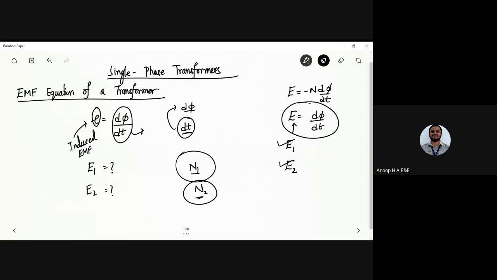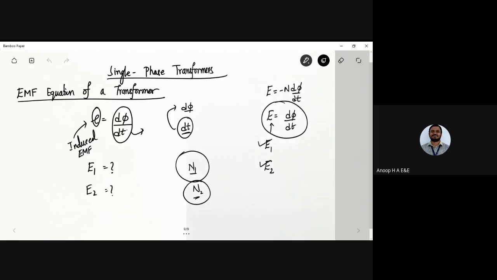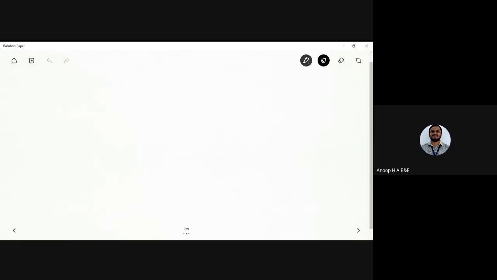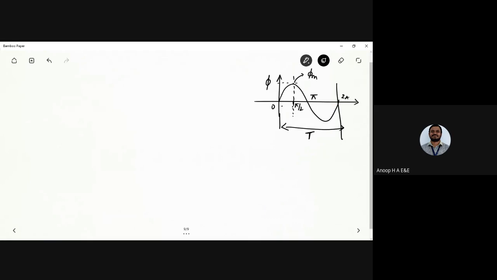I take the fundamentals again, as I told you earlier, and I'll start with the EMF equation. So how do I start it? I know that the flux distribution is sinusoidal in nature. So this is the sinusoidal flux distribution for one complete cycle, with 0, pi, and 2 pi. And this is the flux linkage. This is the maximum value of the flux which has been generated, so this is phi m. This is pi by 2. And the time, if I want to find it, would be from 0 to T by 4. This is T by 4.